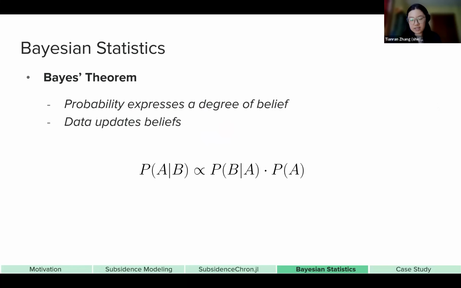This looks a little bit complicated, but before I delve into the equations, there are two things I want to point out, which I see as two of the more important things in the Bayesian way of thinking. The first is that from now on, in the Bayesian sense, what I'm referring to as probability will be expressing a degree of belief, not in the frequentist sense, the more objective sense that we're more used to. And then the second point is that the core of Bayesian statistics is the idea that the data we input, that we observe, will be updating these beliefs,